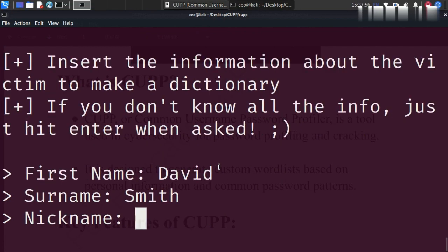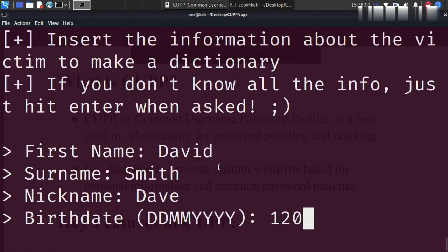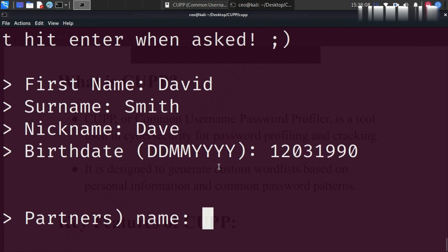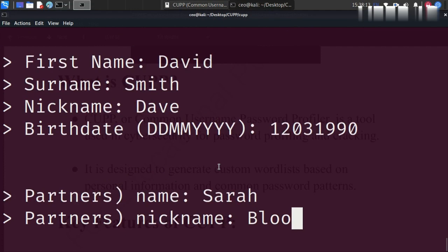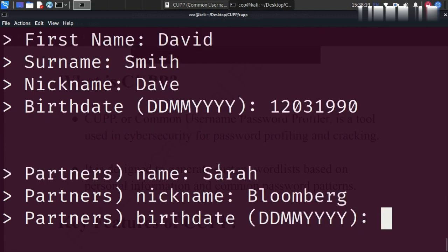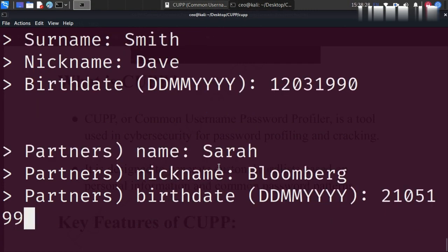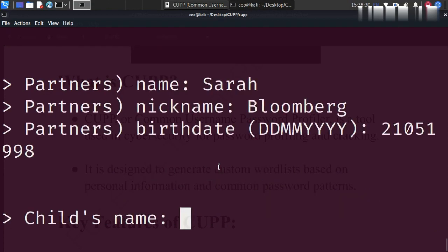and the surname, Smith, and nickname we could say Dev, date of birth 12/03/1990, partner's name Sarah Bloomberg, date of birth 21st of May 1998, child's name Deborah,